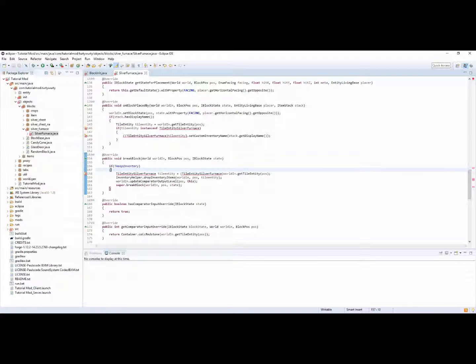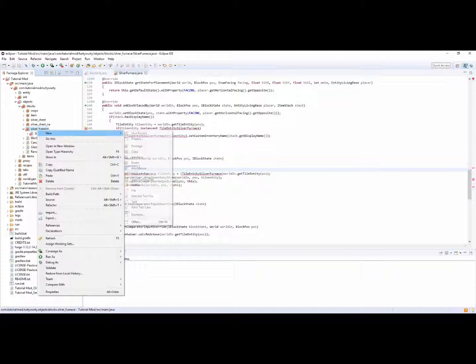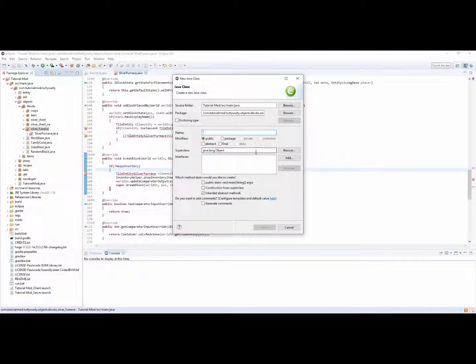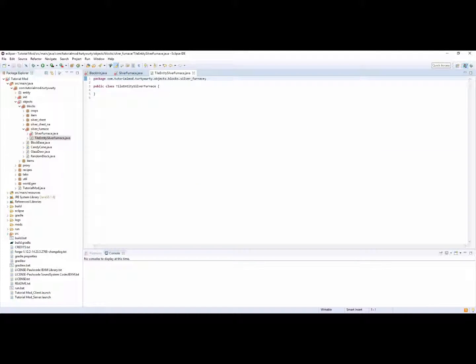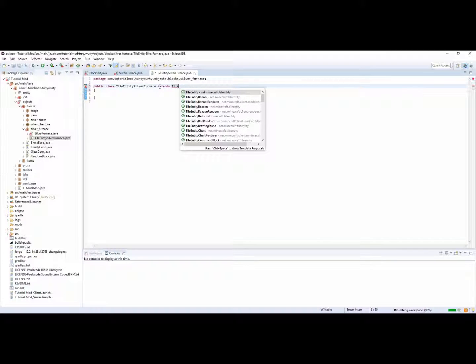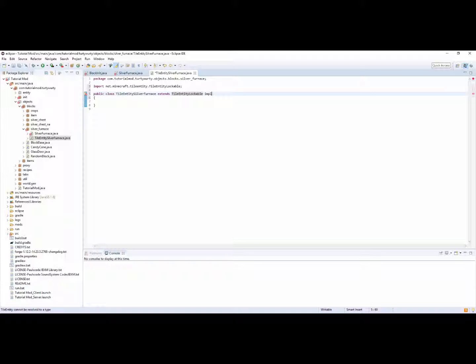So let's get started. First thing you want to do is go ahead and create this tile entity class. Inside our silver furnace package, you want to put TileEntitySilverFurnace, just like that. Click finish. We are going to extend TileEntityLockable, and it needs to implement